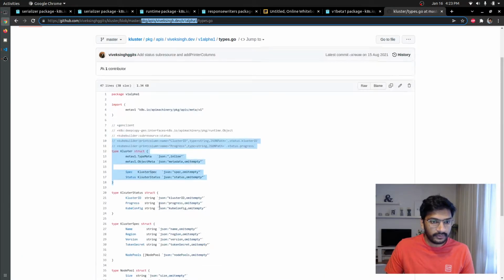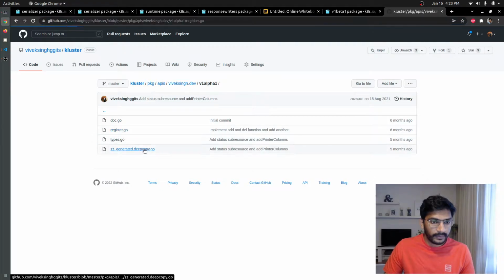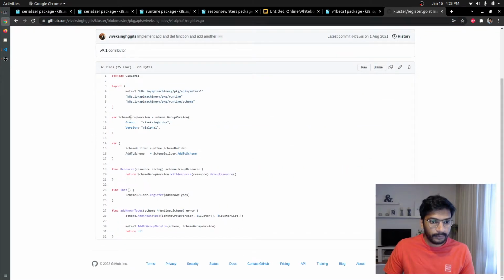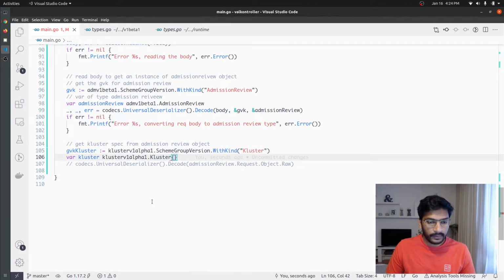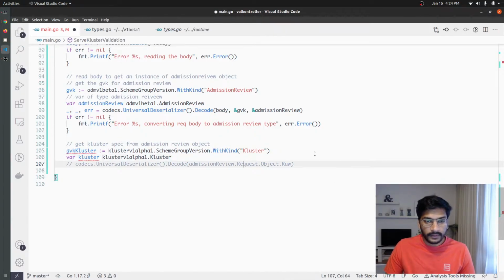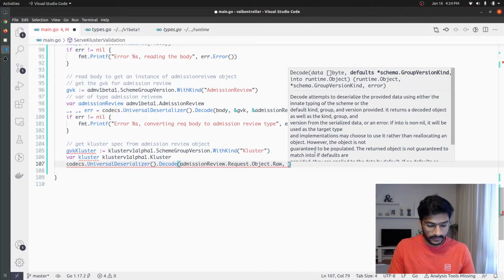This should have scheme group person dot with kind, and kind is cluster. Okay, now that we have the GVK and the cluster instance, let's use that to